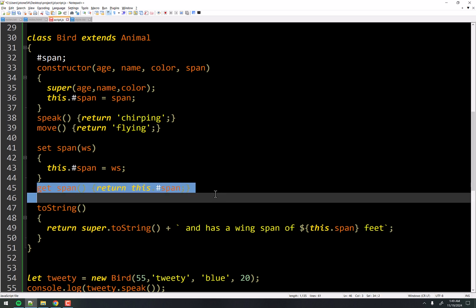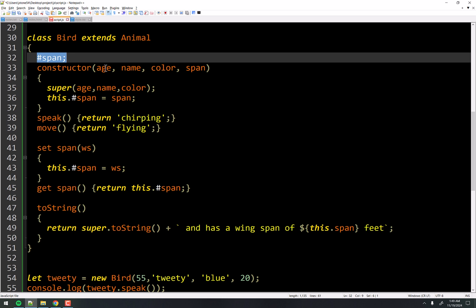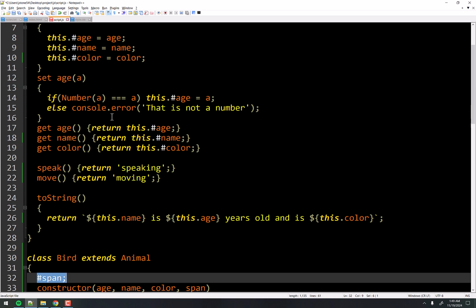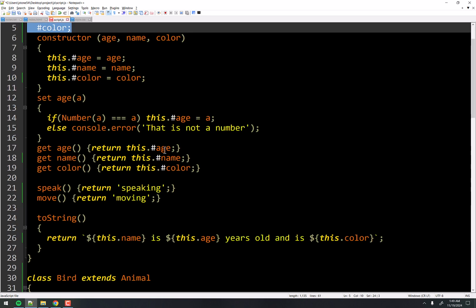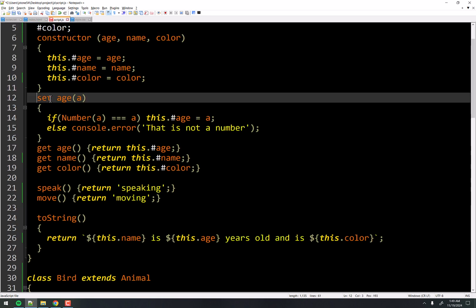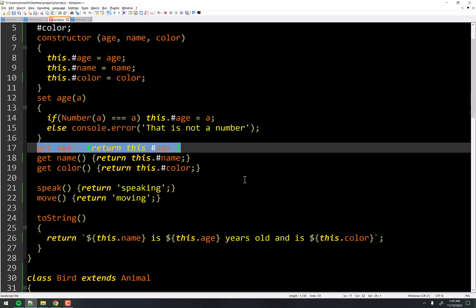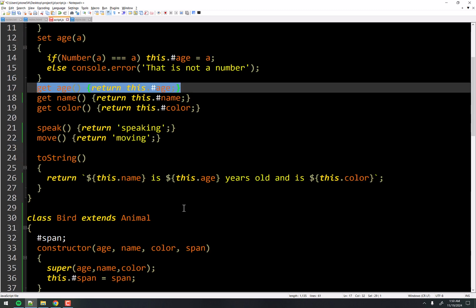So this is the key to get into the box here, right? So imagine this is like a treasure chest or something like that, right? And there's stuff in it and you're allowed to get into it, but you have to use the specific key. You're not allowed to directly get to span, or you're not allowed to directly get to age, name, or color. You have to go through the getter or the setter to set it, or the getter to get it. And so that's sort of the key to the little treasure chest of variables or whatever. And so if you want to get it, you have to go through the channels that whoever wrote the class says you have to go through. That's encapsulation. It's just protection.